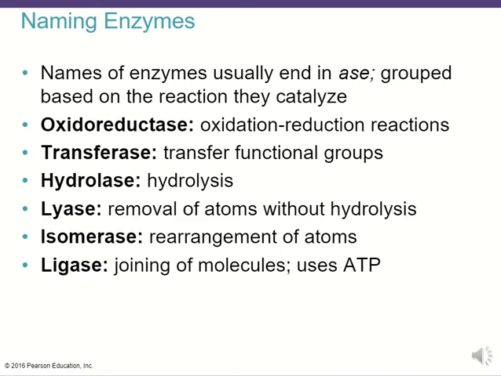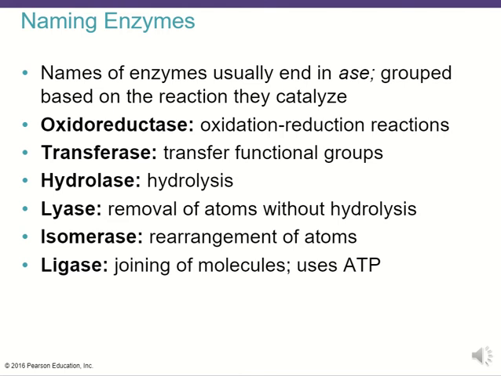As far as enzyme naming, biochemists have made a very consistent naming structure for most enzymes. Sort of like how biologists have named many bacteria based off of scientific naming, biochemists have a very good naming system for enzymes as well. They typically end with the word ACE if they're an enzyme, and they're grouped based on the type of reaction